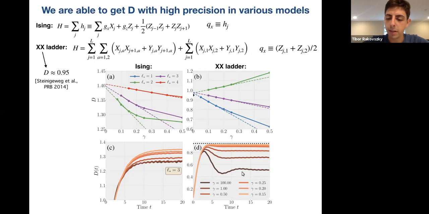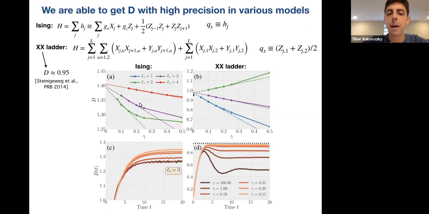So what we see here is that as we made the dissipation weaker and weaker, making this gamma smaller and smaller, the diffusion constant shifts upwards. So the question is, does it converge to something, or can we extract a physical diffusion constant out of this, which no longer depends on gamma? And the answer is yes. So what we can do is look at the estimated diffusion constant from this long time value, and put it as a function of gamma. And what we find is that at small enough gamma, to a good approximation, it becomes linear in gamma. And we expect this to be the case,